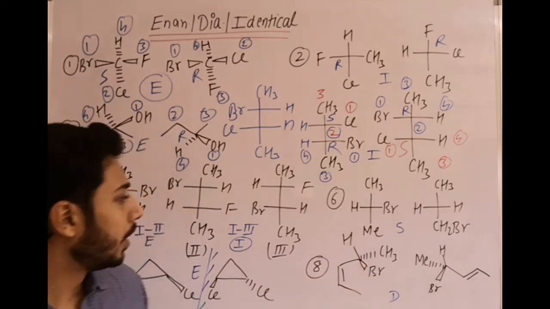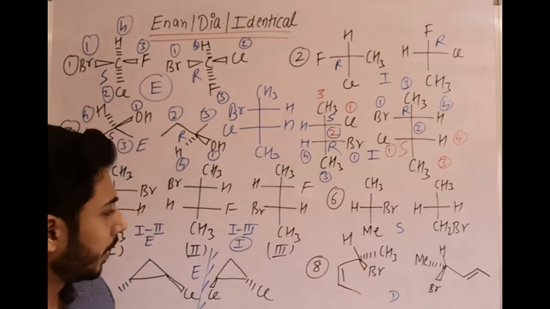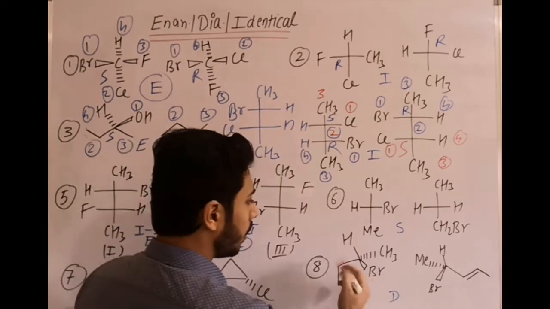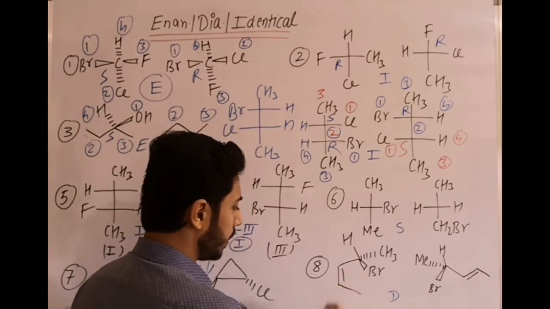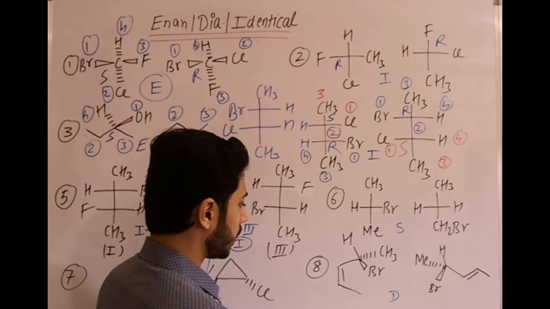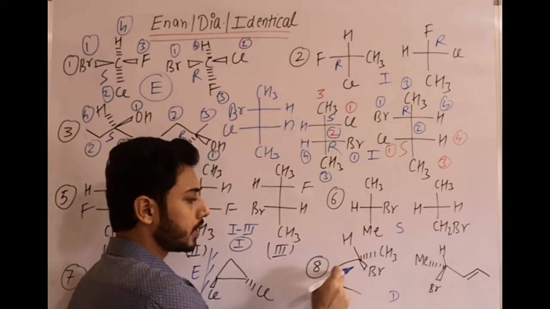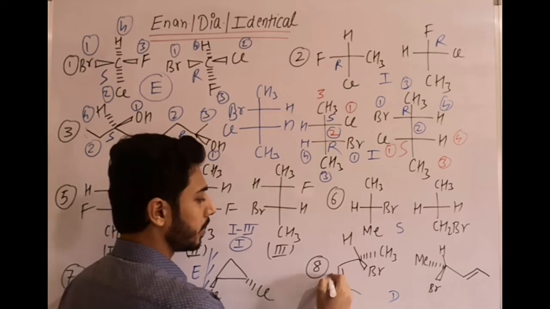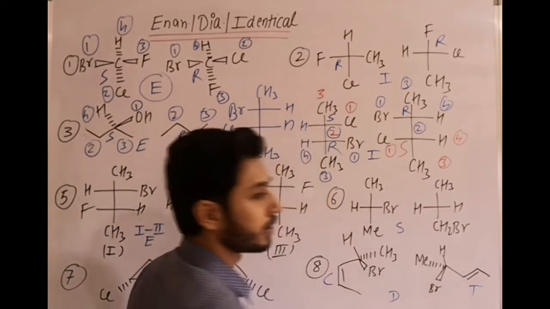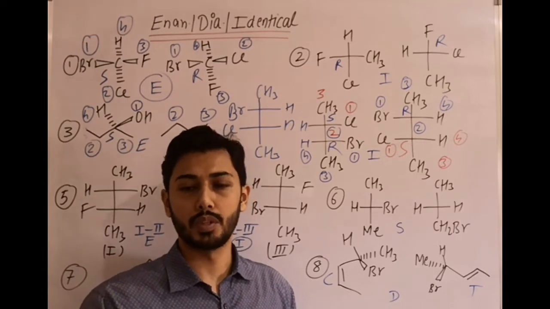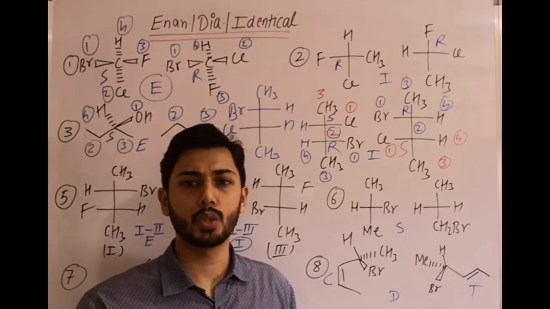Eighth example, if you find it by RS configuration. Firstly, the eighth example is they are diastereomers. So here firstly we know that this is cis form. This is alkene, alkene. It is a geometrical center here. It is an optical center, a geometrical center. It is cis, it is trans. And now we know that cis and trans, they are diastereomers. They are termed as cis and trans diastereomers.